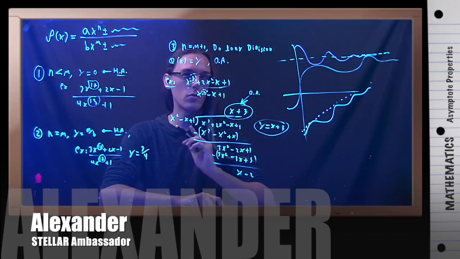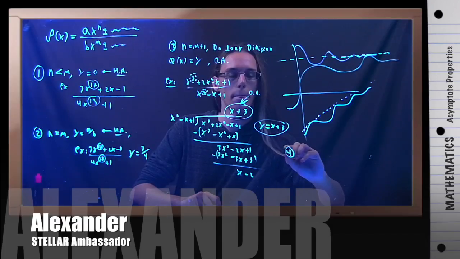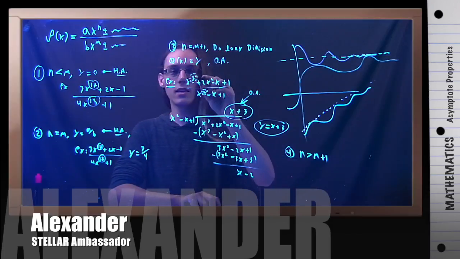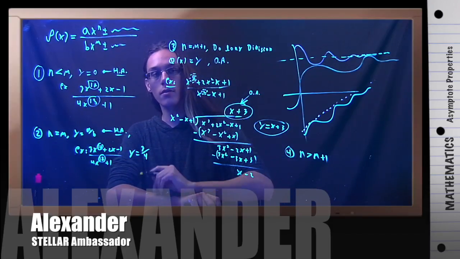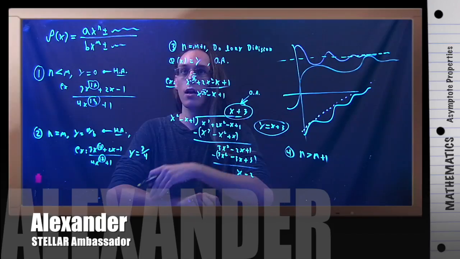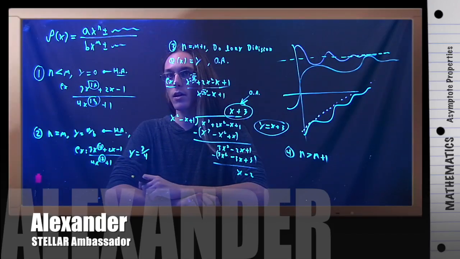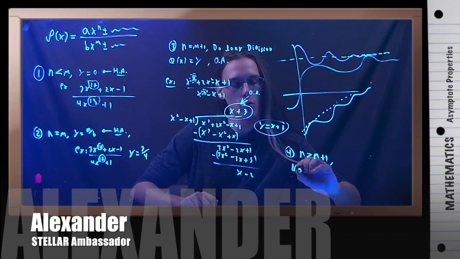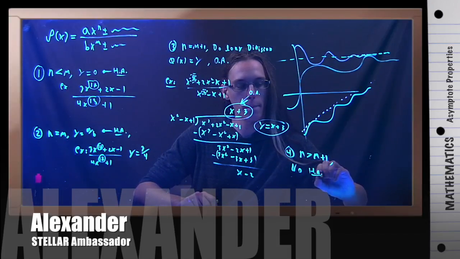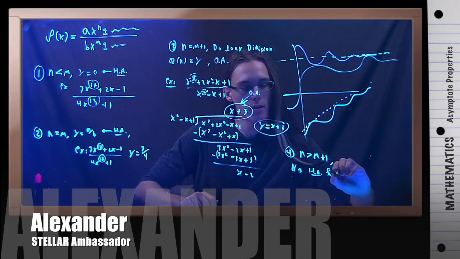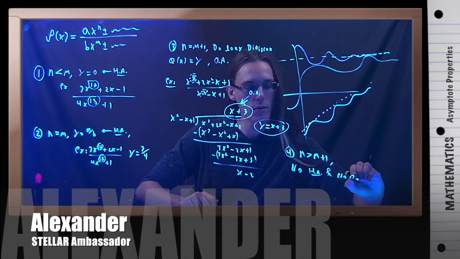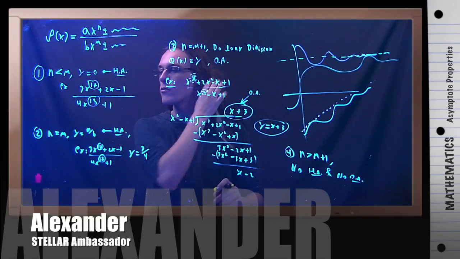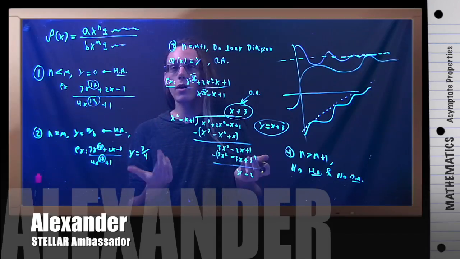Okay? So there's one more rule. If n is bigger than m plus 1, so say instead of x cubed here, this was x to the 4th, and the bottom was still x squared, 4 is not exactly 1 more than 2. It's 2 more than 2. Well, no horizontal asymptote and no oblique asymptote. So rule 4 is pretty nice. Basically, rule 4 just says if rules 1, 2, and 3 don't apply,